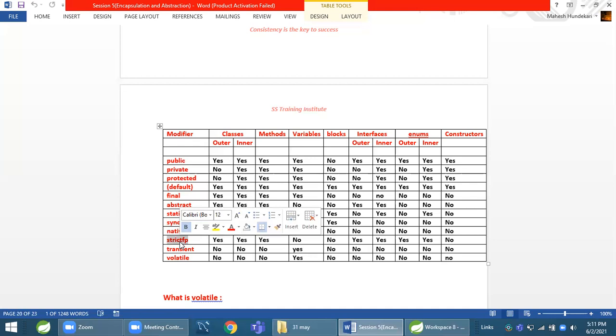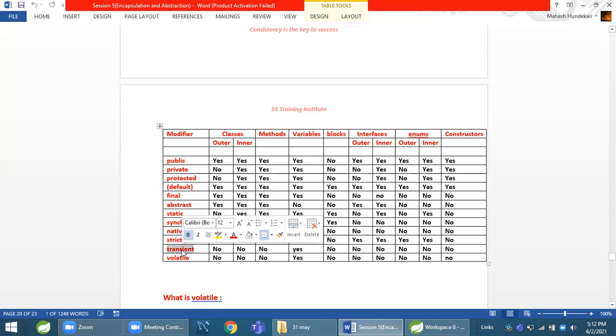But if we make the float variable strictfp, then the value will not change. Also, if you take that program to another compiler and compile it, then also you will get the exact decimal point value. Getting?